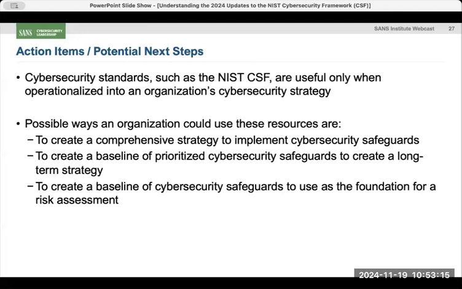And if you don't want to make your own, again, I've talked about the CRF safeguards, which is exactly what that is, right? It's that aggregate library. If you want to use that, that's fine too. But come up with an aggregate target state where you say to yourself, this is what I'm going after. These are the things I believe I should be doing to be successful. And then use that as a foundation for the risk assessments that you do of yourself to identify where the safeguards are that are missing in our environment. Where do we need to spend more time?